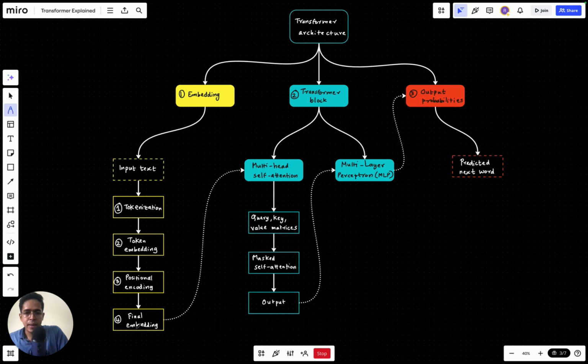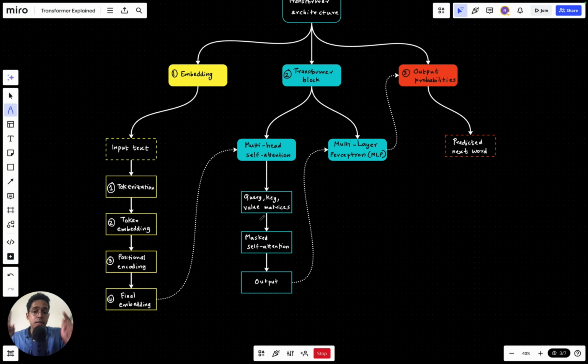And then this final embedding is used in the multi-head self-attention, where we calculate the query, key, and value matrices. And using the query and key, we first create the attention score, which was a 6x6 matrix because we had 6 tokens, right? So we had a 6x6 matrix for the attention score. Then the attention score is converted into a mask, where the top right triangle is removed, or it is converted into minus infinity,